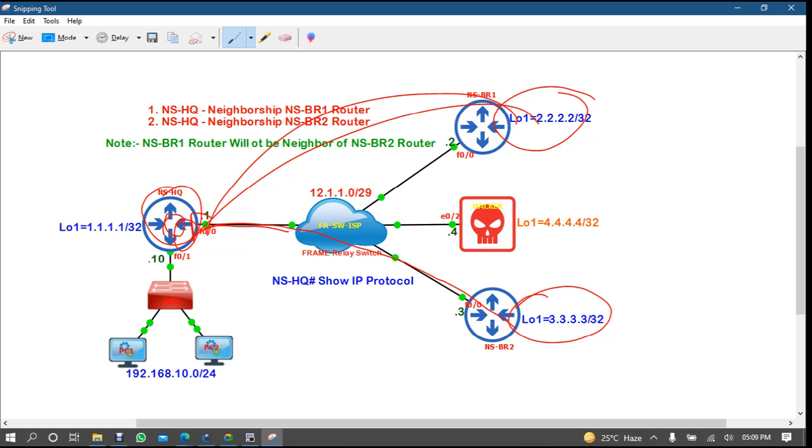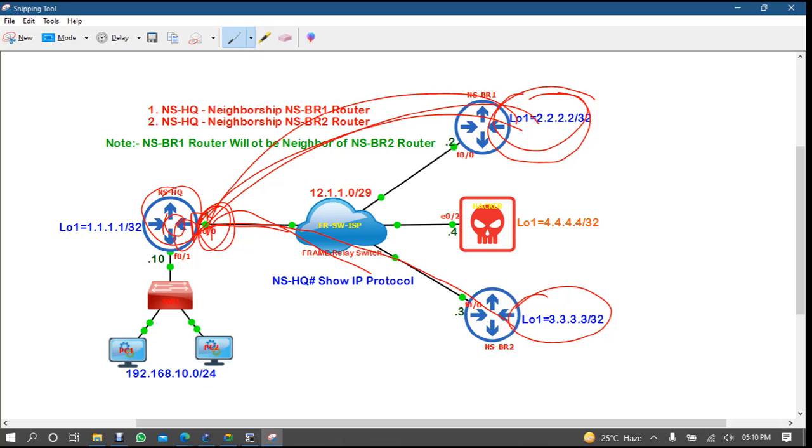Normally, if you are connected to me and sending me some network, is it good that I will also send you the same network update? Not at all. So the split horizon rule says that if I am getting an update on an interface, I will not advertise that same network on that same interface.